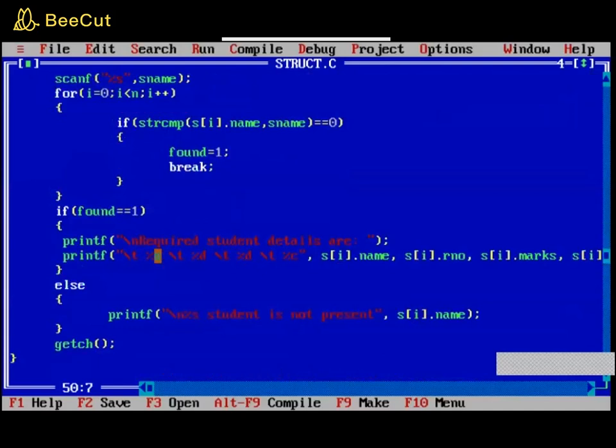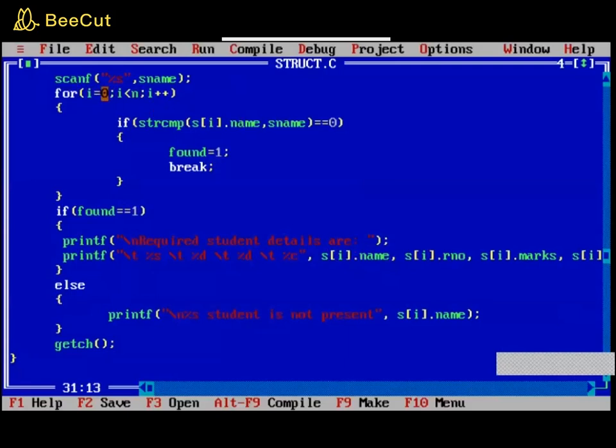Okay. Now, for displaying, again what you want to display is all the details of that particular student. So all the details are stored where? Again in the structure. So again, if you want to access the members from the structure, you have to access it through the structure variable. So again, s of i dot name, s of i dot roll number. Now here one important thing is I'm not using a for loop for your s of i. What will be the i value? The i value will be the one where your loop would have terminated here.